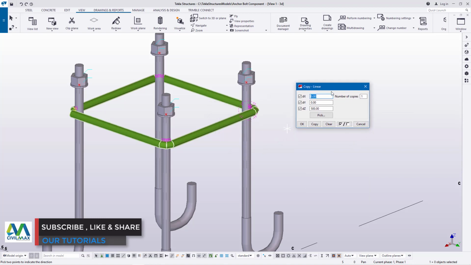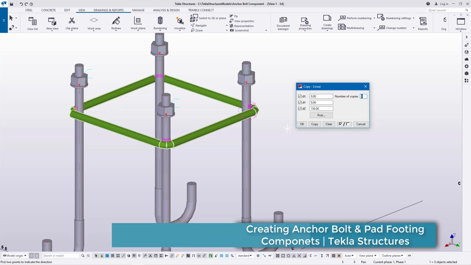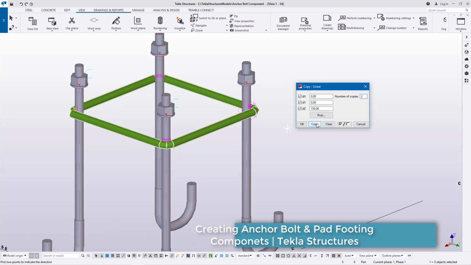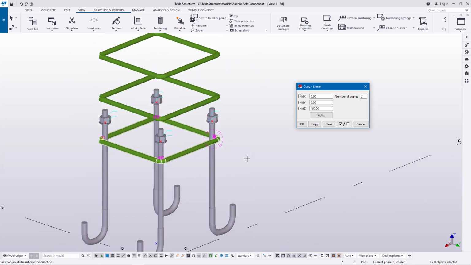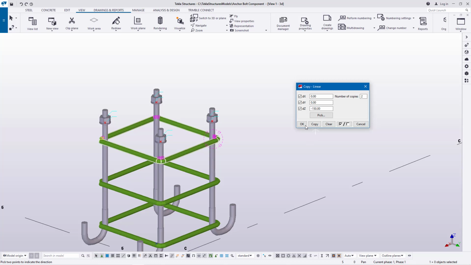Once you click on Linear, you'll be able to see this Copy Linear dialog box, and inside here you'll be able to feed in the center to center distance of your copying, of how many of this binding bar, and at what distance you want to copy them. Now I want to copy this at 150 millimeter, and I need 3 or 2 of them. So I'll go ahead and click Copy, but it has gone up, which was never my intention. So I'll come here and prefix this with a negative sign so that we move down. I'll click on that, and we'll have this